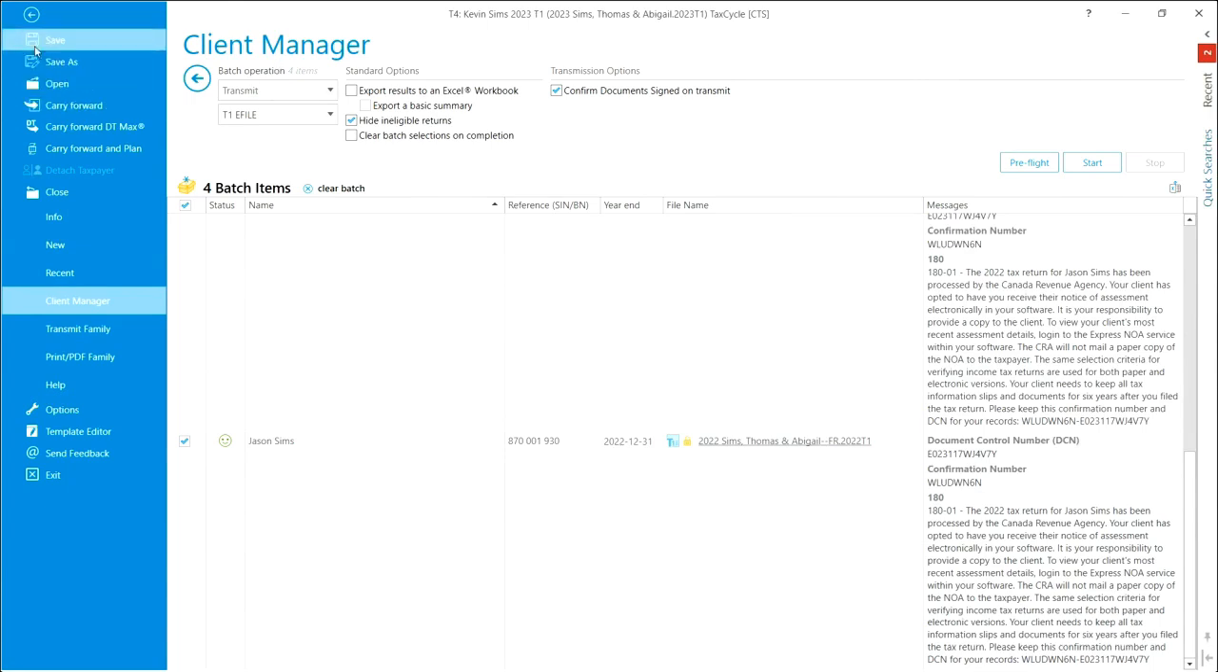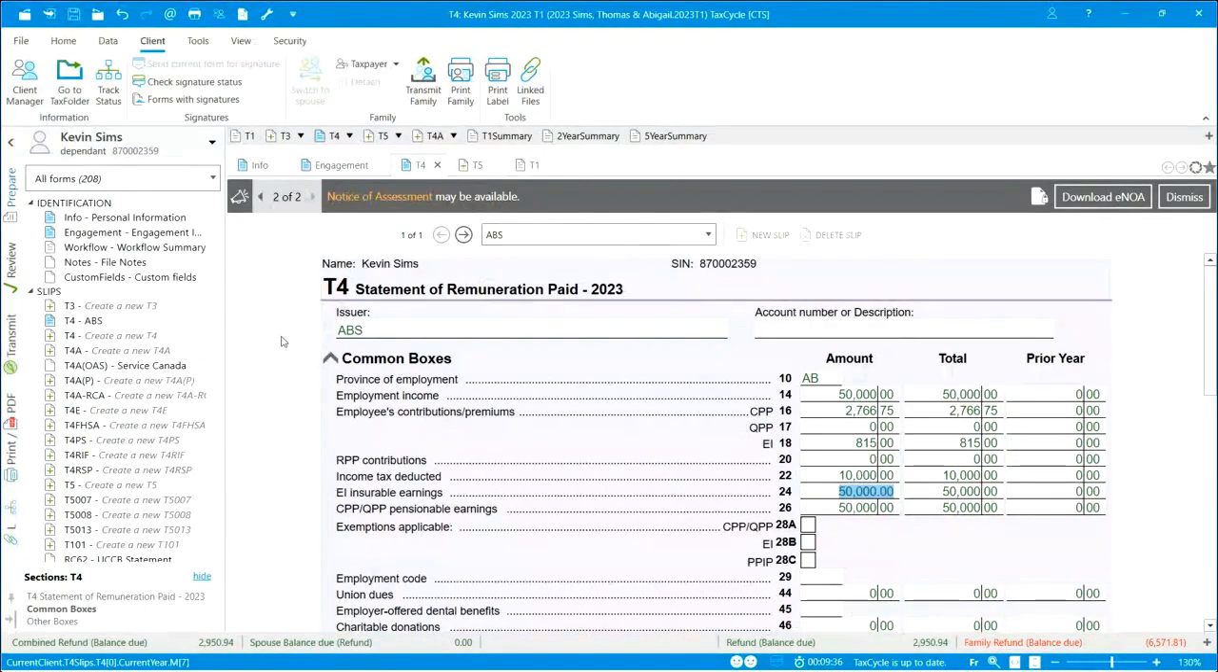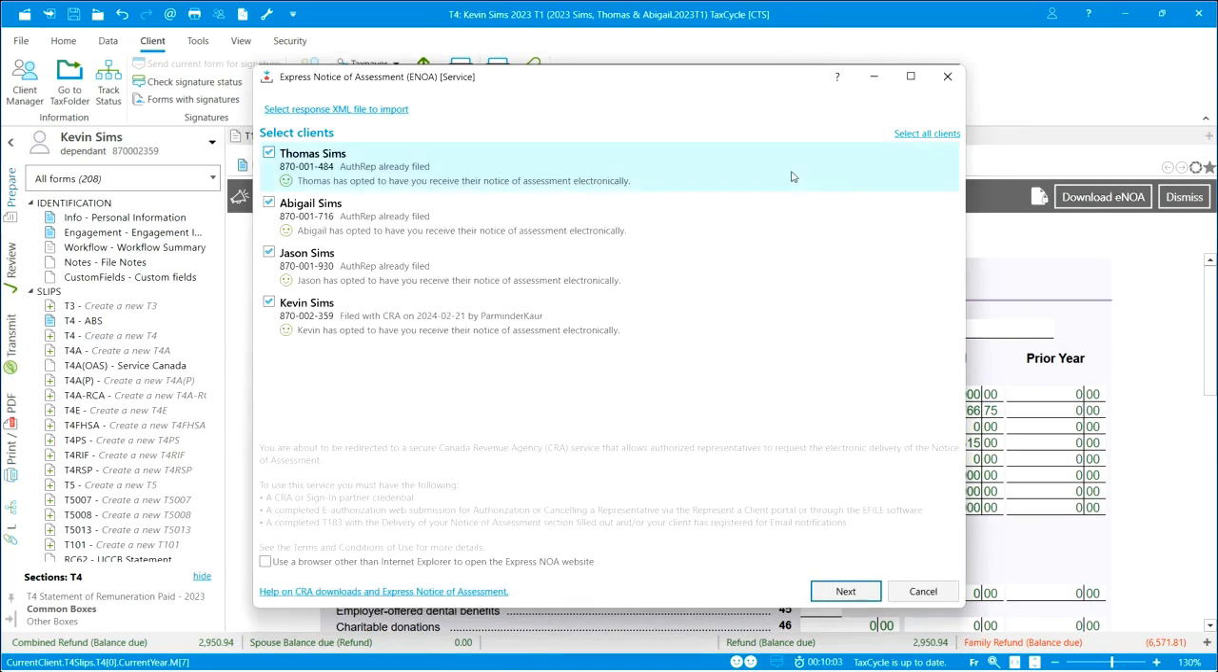So let's go back to Express notice of assessment. For that, I am in Kevin Sims' return, and we are going to get the notice of assessment for him. As you remember, I mentioned that as soon as we have transmitted the return to CRA, we will see a notice of assessment bulletin appear, and we are now going to click on download notice of assessment. As we are doing this for Kevin, I'm just going to unselect all of the other ones. We are just going to go ahead with